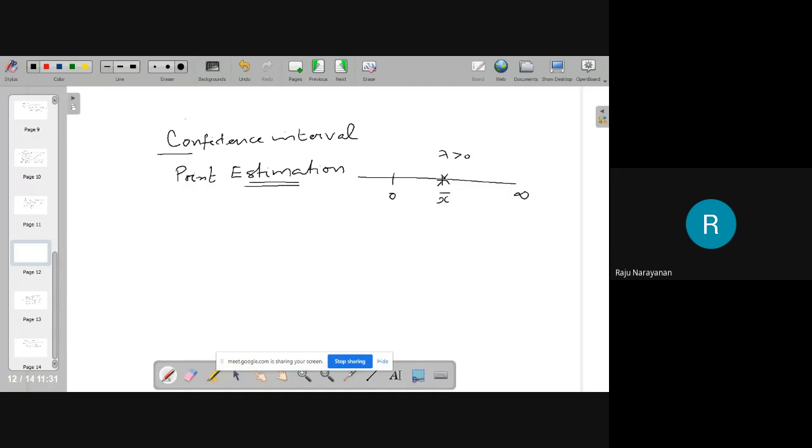Instead of suggesting a single value, you can suggest a possible interval A, B, where this parameter can lie. For example,